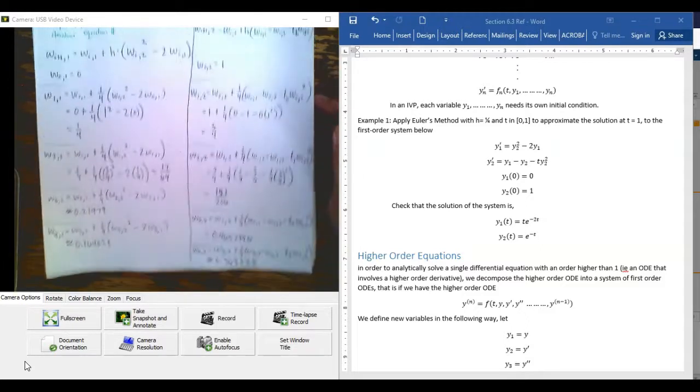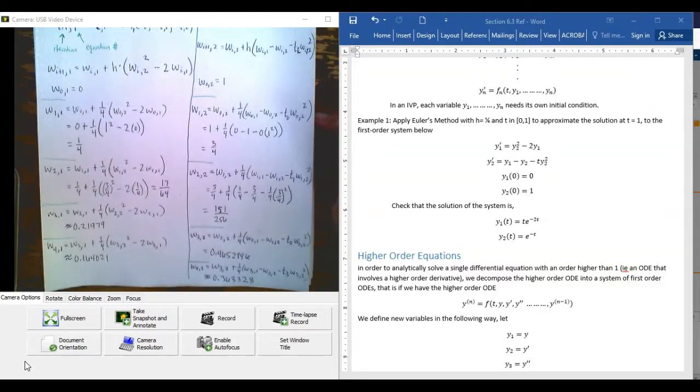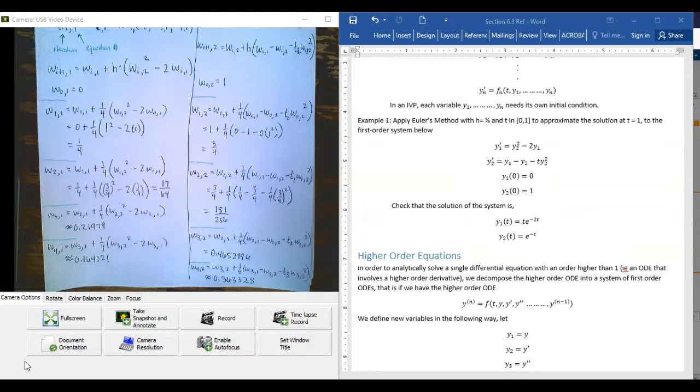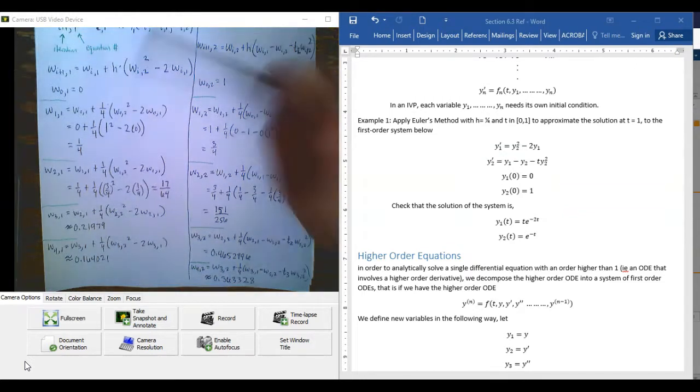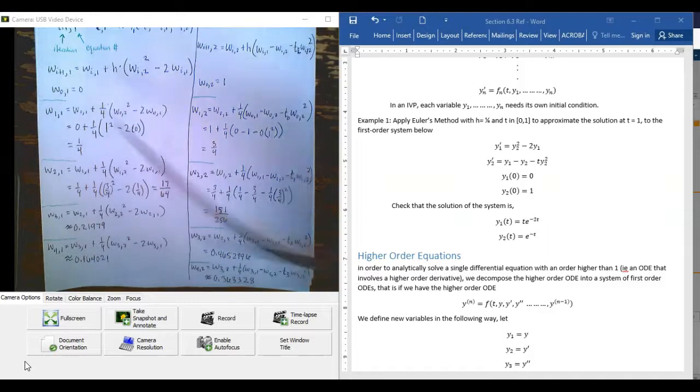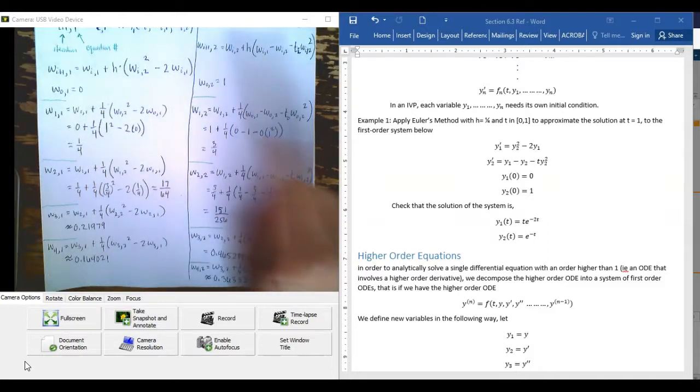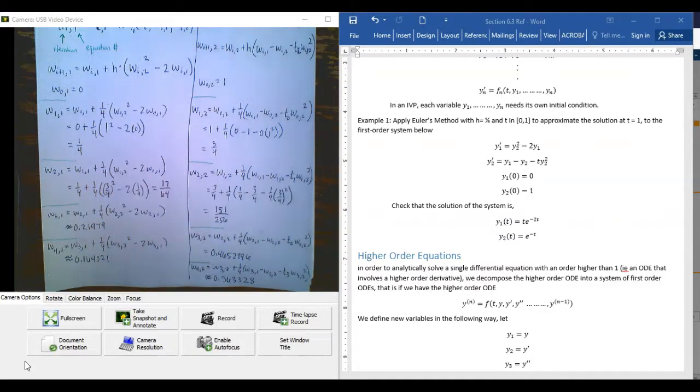So we have the solution using Euler's method for the system. Just be careful with this process. Make sure that you write out those subscripts for ease of calculation. The example also says check that the solution of the system are these two equations here,